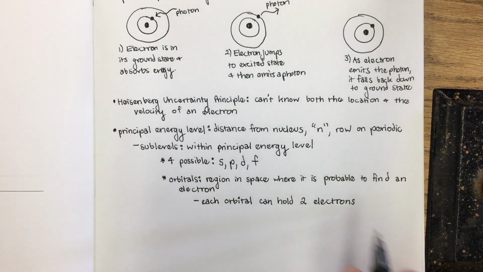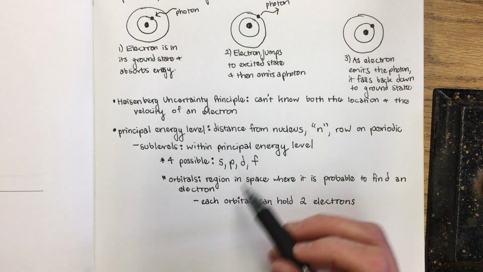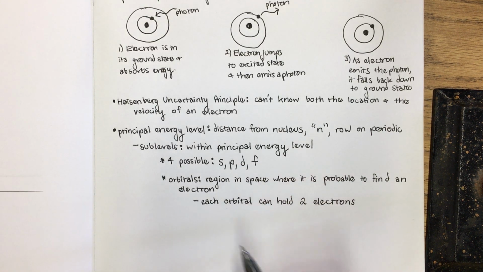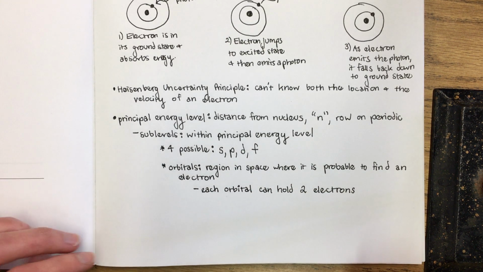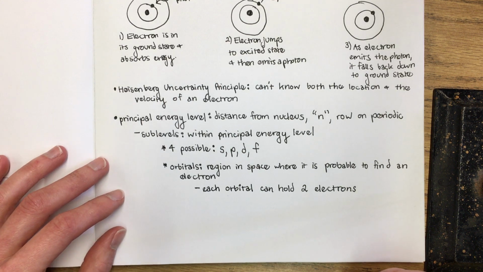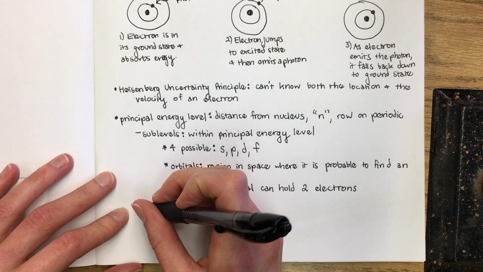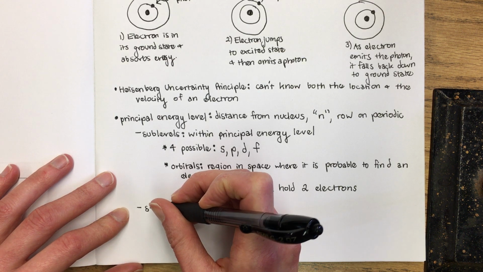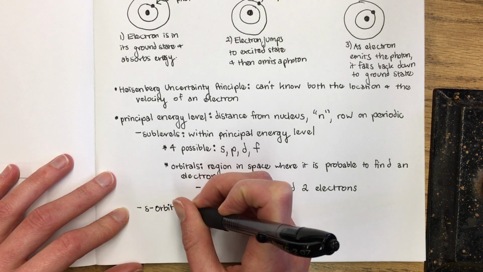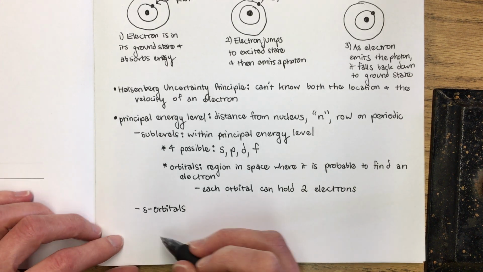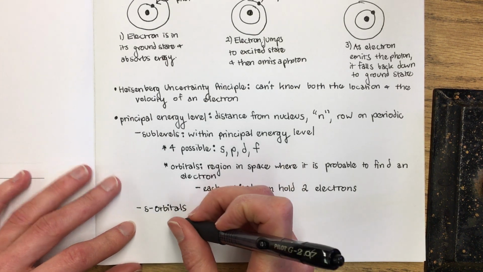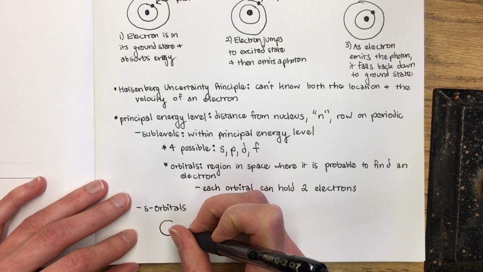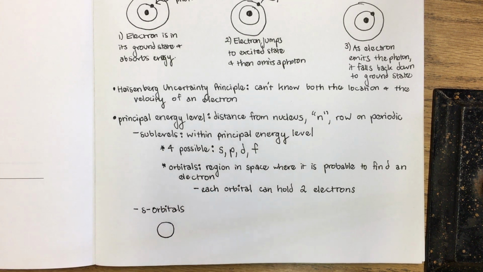Okay, so the different sublevels have different types of orbitals that are like different shapes. So we're going to kind of draw those out. So the S sublevel has S orbitals, and each S sublevel just has 1 S orbital. S orbitals are spherical, so we're going to draw the S orbital like a circle, but really,